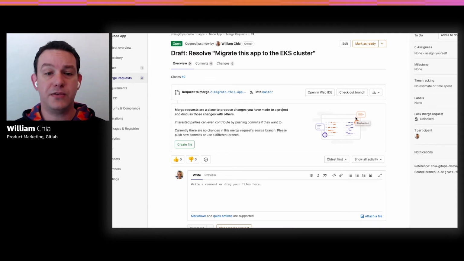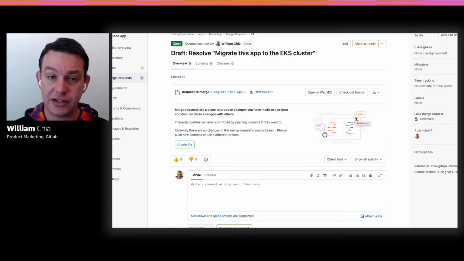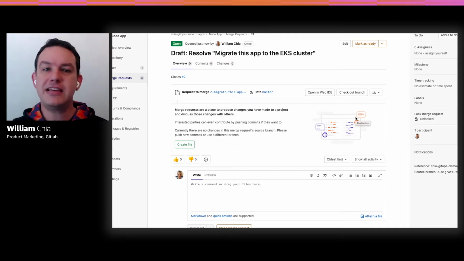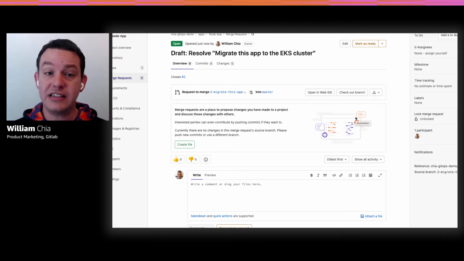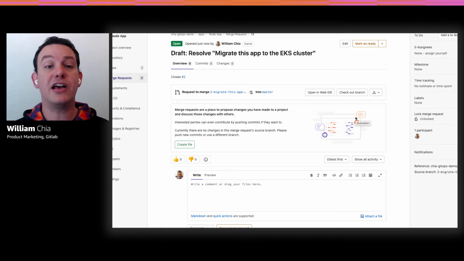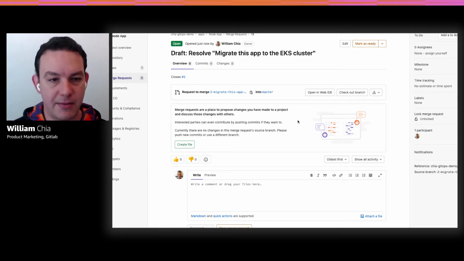The reason we do this flow, starting with a branch, is because right from the get-go, we have a central point of remote collaboration. If I just started a branch on my local machine, then no one else can see the progress or what I'm doing. But if I start with an empty MR, any commits I make are immediately seen by colleagues, stakeholders and peers. They can keep track of the work I'm doing and see progress on it. It's more transparent and allows for more collaboration. So this is why we start with the empty MR.